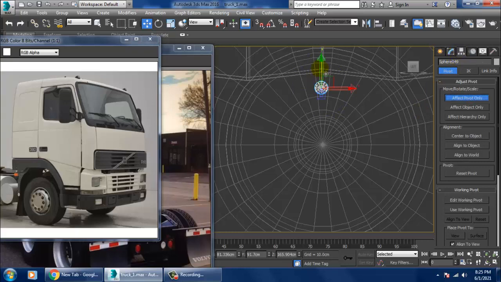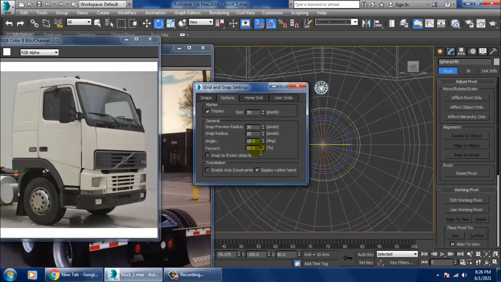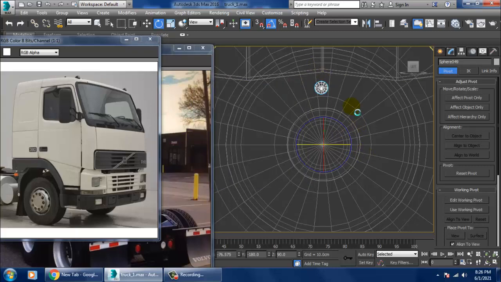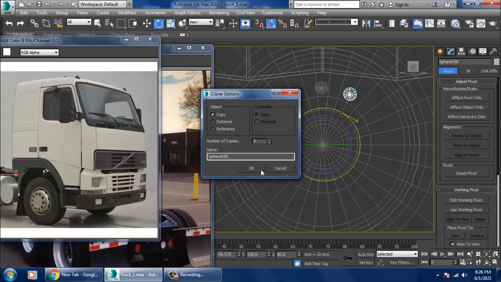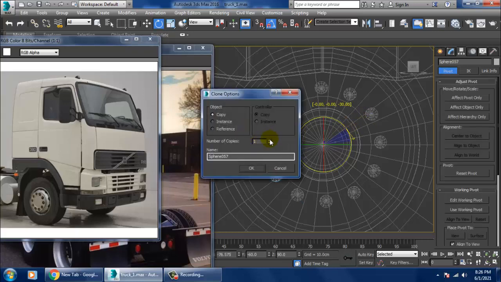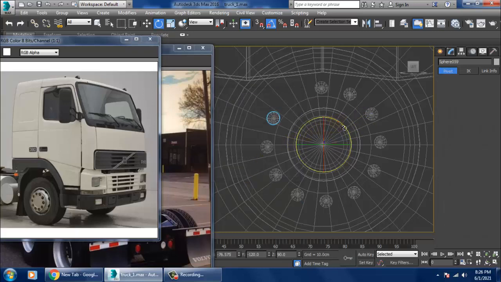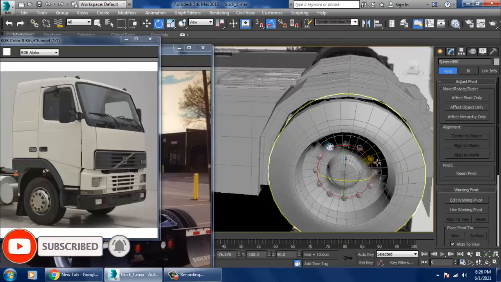Hierarchy, affect pivot only, and push this over here. So let's set this to 30 degrees. So you can just duplicate that.